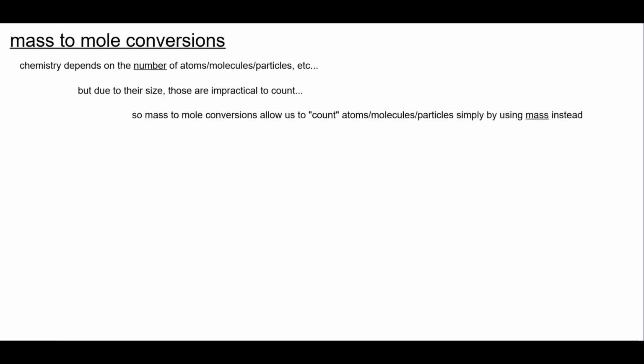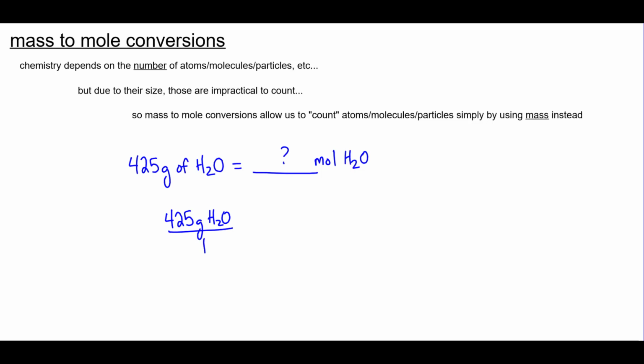Let's say we had 425 grams of water. So I'll put 425 grams of water, H2O. And we need to know how many moles that is. Well, I can just set up a quick unit conversion. So that's 425 grams of water. We put that over 1 like we always do, and then I can add my times sign and a line, and then I can use that conversion factor that 1 mole of water is equal to